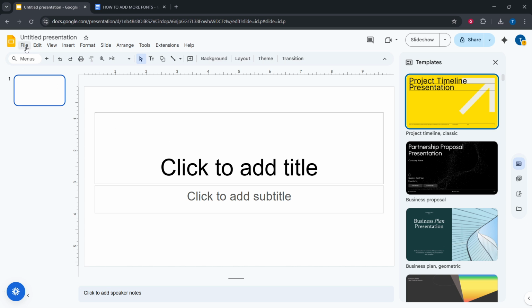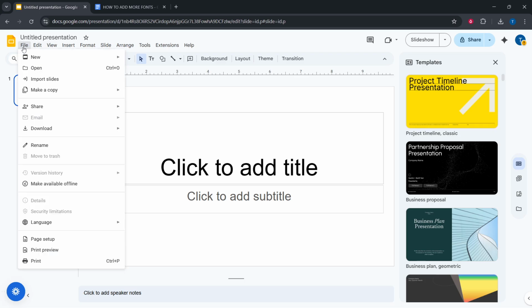You can either kick things off with a completely blank presentation or choose to open a Google Slides file you've already been working on. The choice depends on whether you want to start fresh or add to something you've previously created. Once you've set the stage by opening or starting your Google Slides file, it's time to bring in your